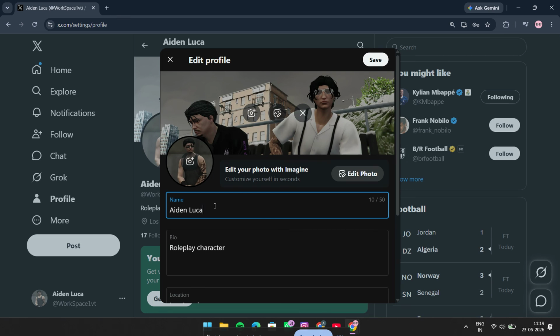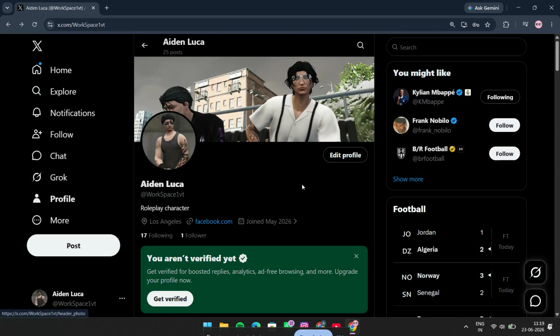Once you're happy with it, go to the top right corner and click Save. X will then apply the update to your profile right away. Your new name should appear immediately after saving. And that's it. You've now changed your X.com or Twitter name successfully. It's a very simple process, but it can make a big difference if you're trying to keep your profile current